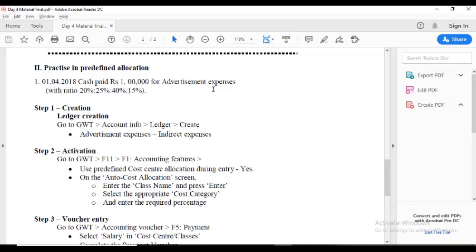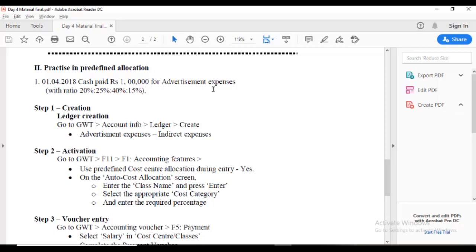Some rural branches get 15% of advertisement services. So we know the total amount of advertisement expenses, but the first branch uses only 20%.